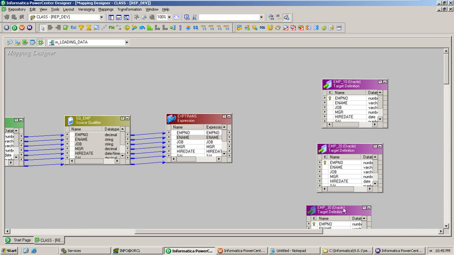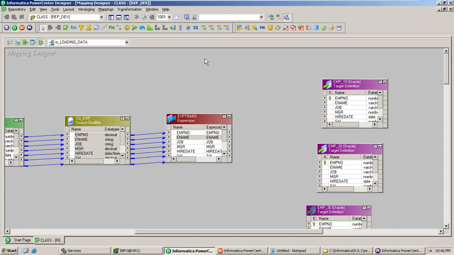So that's nothing but 1 2 0, and again it will repeat: 1 2 0, 1 2 0, 1 2 0, like that. Wherever that 1 is coming, if you can pass those records into target 1, and wherever the 2 is coming, you can pass those records into target 2, and wherever you are getting the 0, if you can pass those records into target 3, then your issue is resolved, your requirement is fulfilled. So at the Informatica level, what is the appropriate function to do this? That's nothing but MOD.